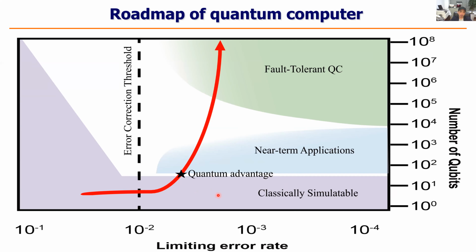Here, quantum advantage means if we can calculate some problem faster than the classical computer, we can say we go to the quantum advantage. So that's why here we need not only to improve the qubit number, but also to lower the gate error rate. That's the two sides of the quantum processor. I would like to say integrating more qubits is much easier than lowering the limiting error rate. So this is our first step.